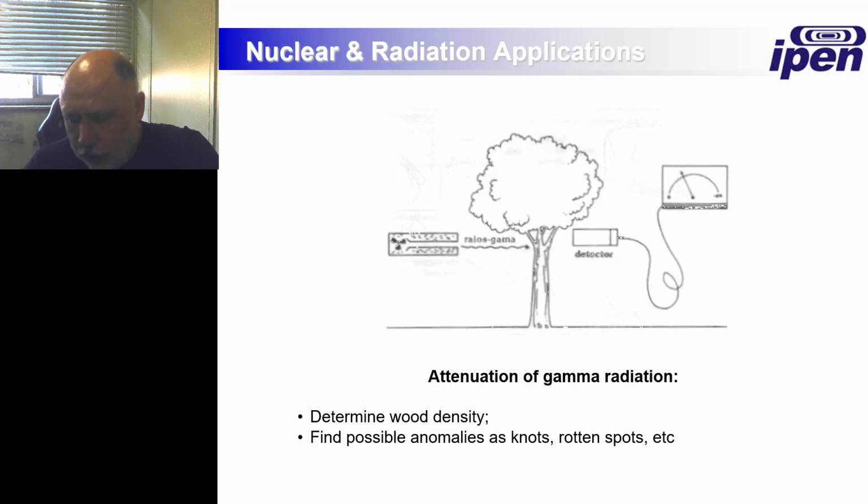Another thing that we use, for instance, same idea of tomographies or X-rays, we can do with gamma rays, because X-rays are very good for your hand, for your head, but maybe for larger things it will be absorbed anyway. So you need higher energy things, and you use gamma rays. But you can do that, for instance, on trees, to find if a tree is rotten on the inside or not, because the most common thing to happen with a tree is for it to rot inside. If you remember your biology lessons way back somewhere,